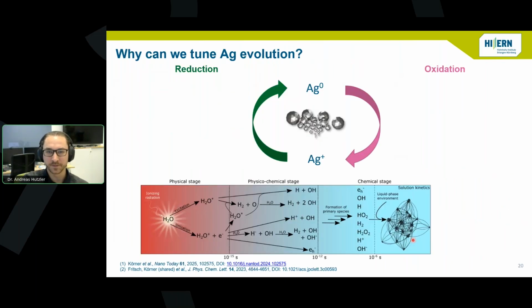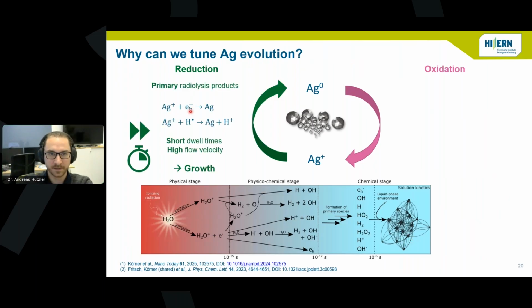But can we also tune it? So can we somehow influence that when tuning our electron beam parameters, or having a liquid flow through the liquid cell or so? And actually the silver system is quite nice for studying this phenomenon, because reduction is happening via primary radiolysis products, so the solvated electron or hydrogen radical. As reducing agents, they form reduced silver, and these reduced silver atoms can then cluster to larger silver 2 or